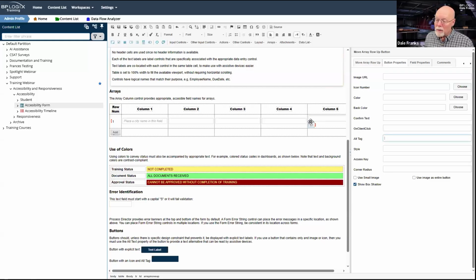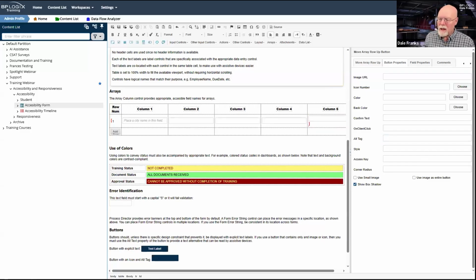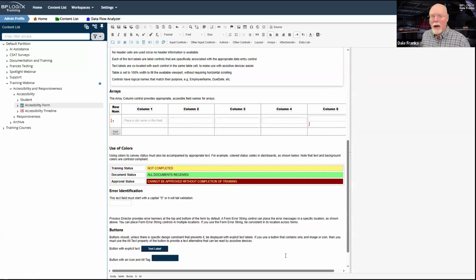Now, in general, it's a bad idea to have buttons that don't have text. Buttons, as a default, should have text. But these little icon buttons don't have them for space reasons. That's okay too, but you do need to minimize that. The general rule is buttons need to have text in addition to an image on the button.